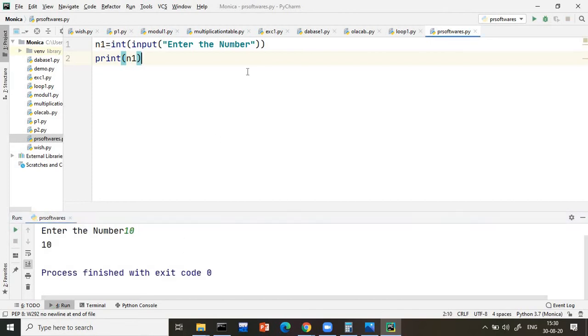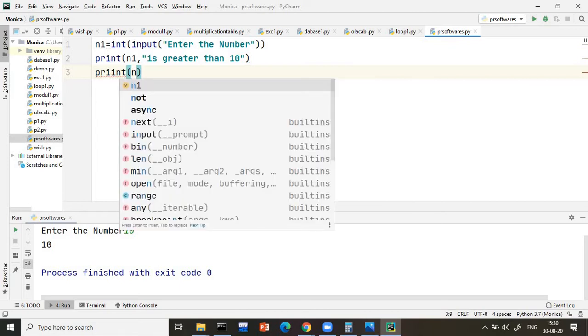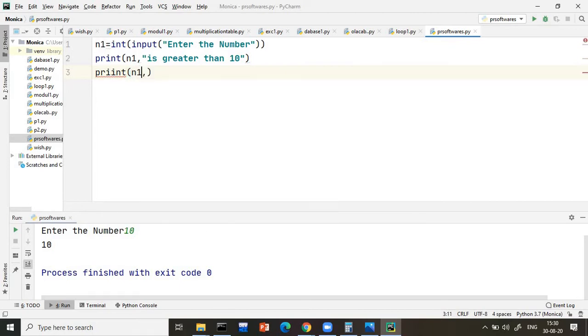But now my concept is the first logic: I wanted to print the message "n1 is greater than 10". Second, I am writing "n1 is less than 10". So these two messages are there.